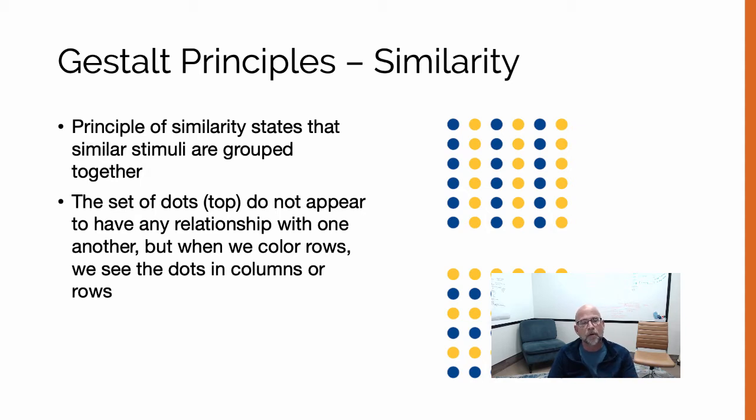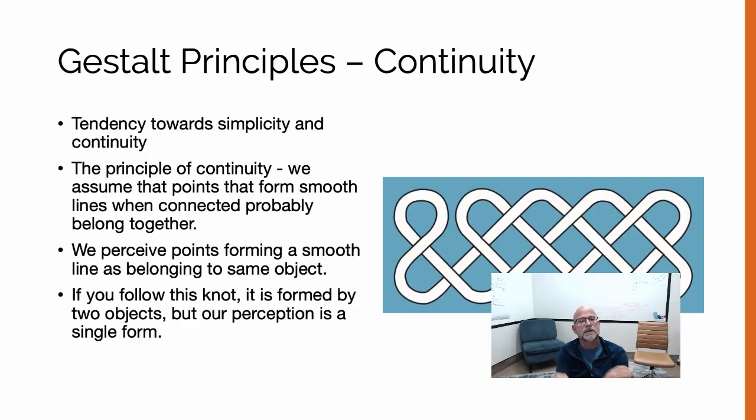It doesn't take a lot of work from us. It happens just as a matter of course. Here's another example, continuity. We tend to see things continuously because we tend to expect things to be simple. Simple things tend to be continuous. So this could be multiple things that are placed in strange ways together, or it could be one continuous knot, and that's exactly what we're seeing here, because that would be more common probably